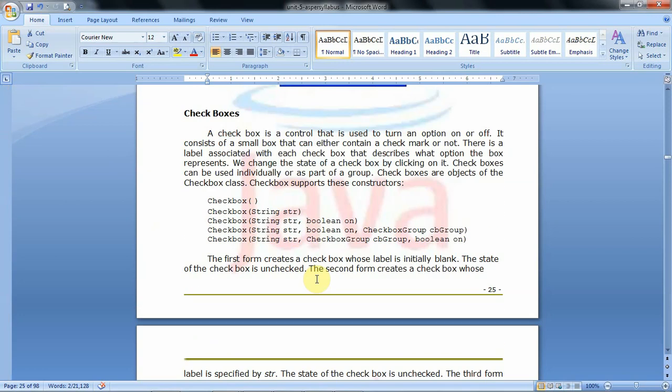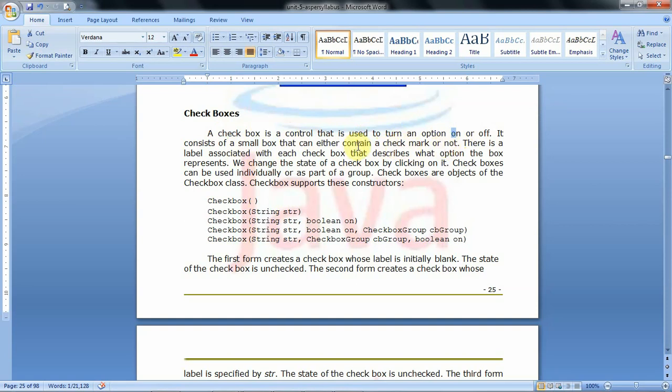Now we'll move to the next AWT component, that is checkboxes. A checkbox is a control that is used to turn an option on or off. Simply, that is a small rectangular box, either checked or unchecked.